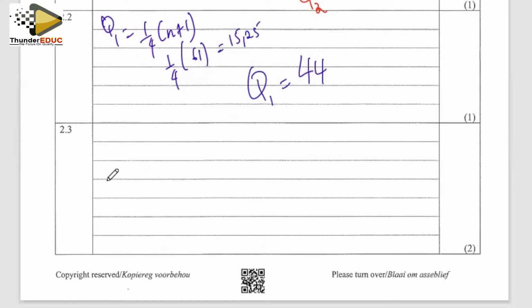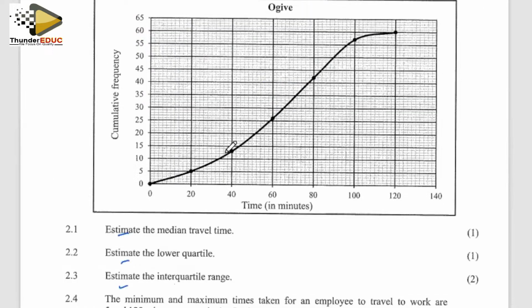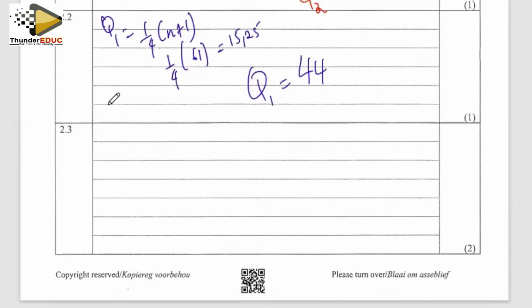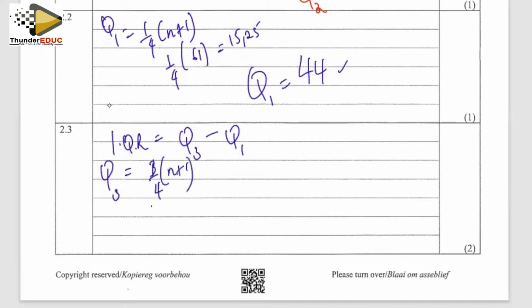And then 2.3, they want us to get the interquartile range. So we know that the interquartile range is given as the Q3 minus the Q1. We already have the Q1. What is missing is the Q3. Let's get the position of Q3, which is 3 over 4 into n plus 1, which is 3 over 4 of 61. That gives me